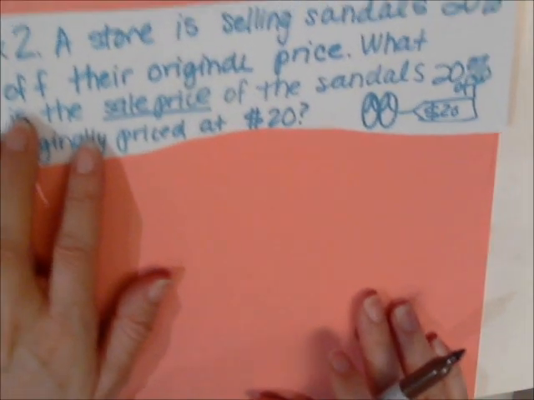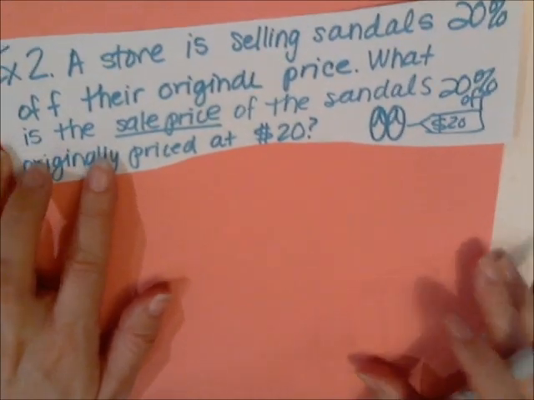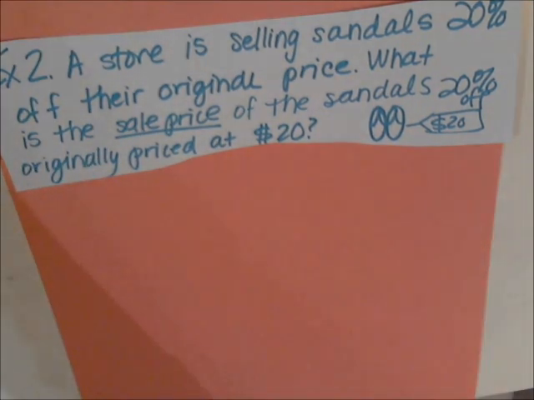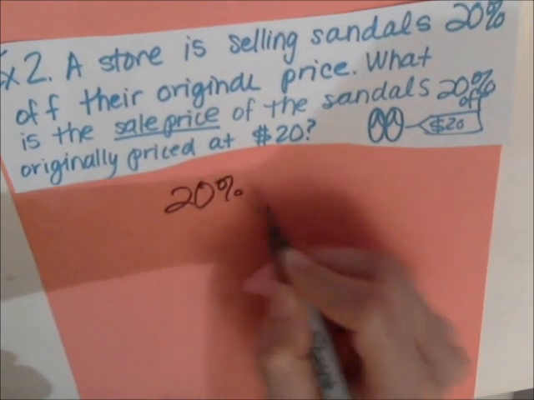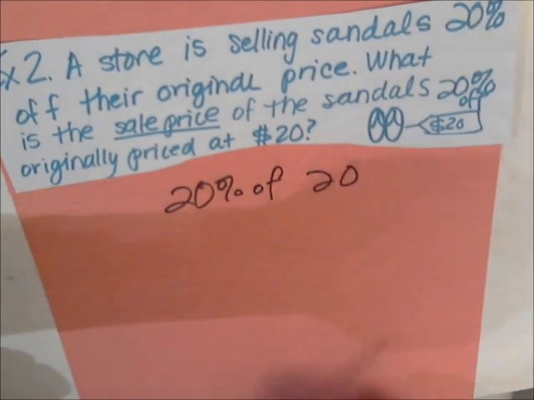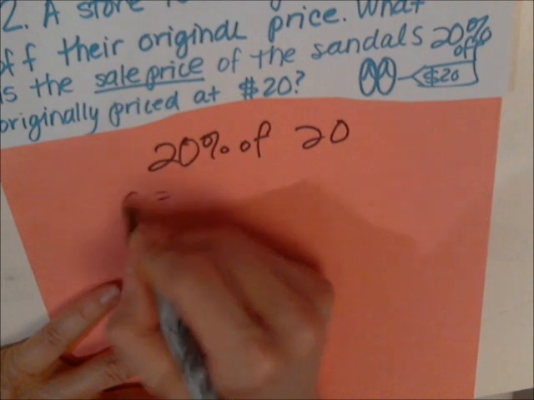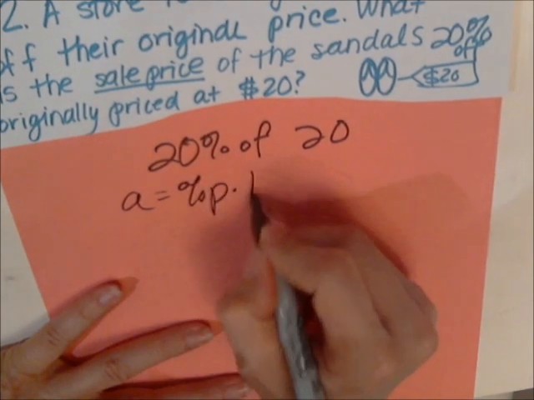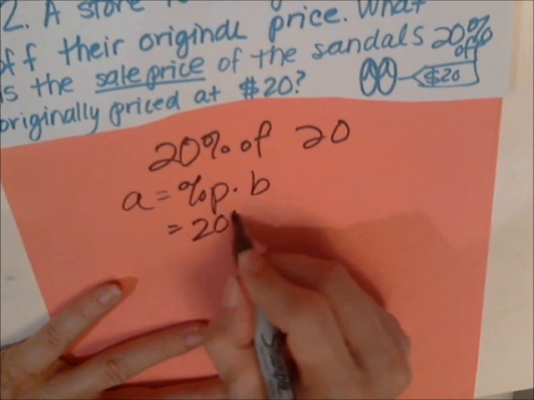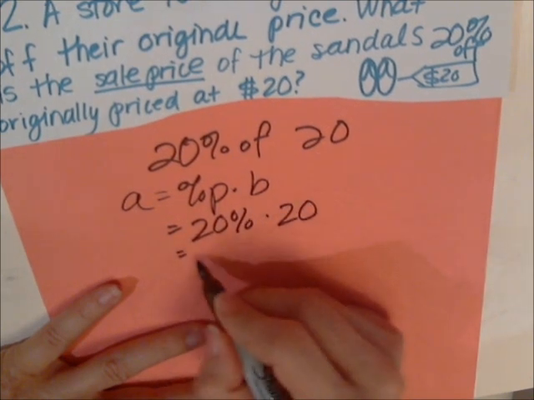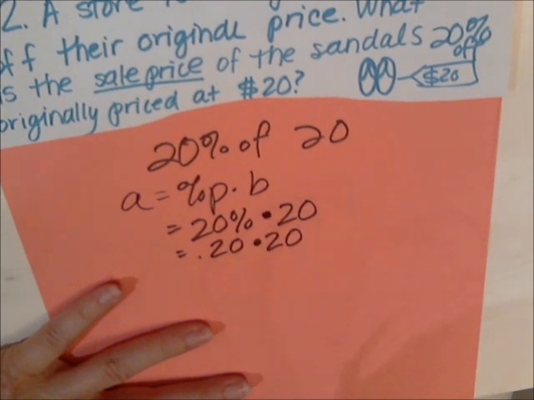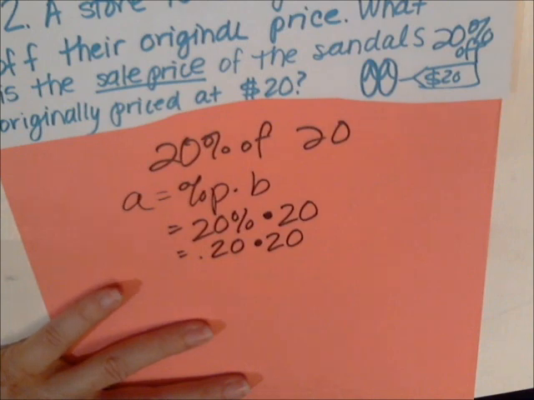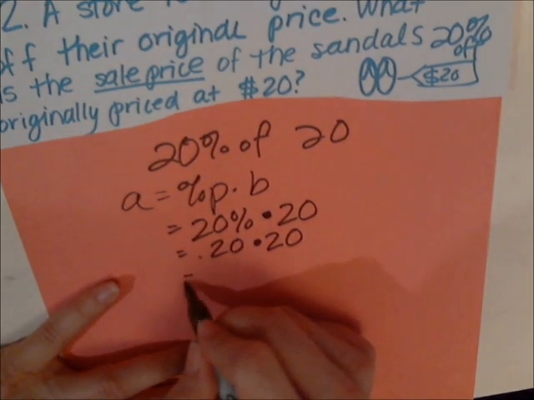There is a store selling sandals 20% off their original price. What is the sale price of sandals if originally priced at $20? So here we need to find 20% of $20. I'm going to write P% times B. I'm going to multiply 20% times 20, that is 0.20 times $20. I need to make these multiplication signs different than the decimals, and that is actually going to equal